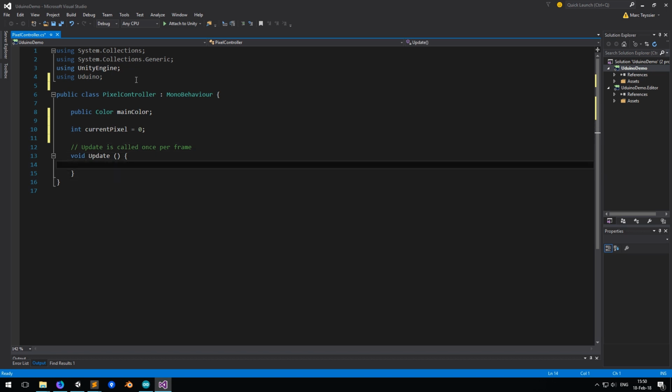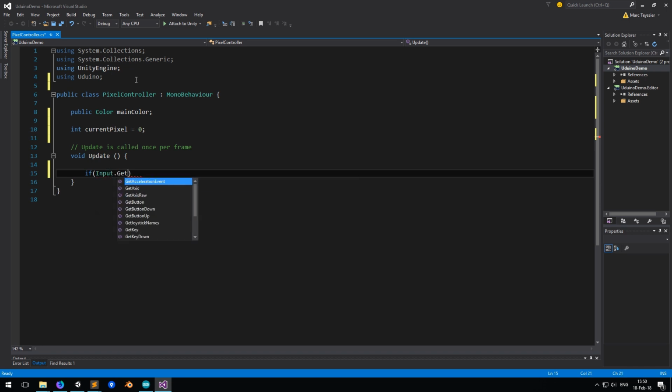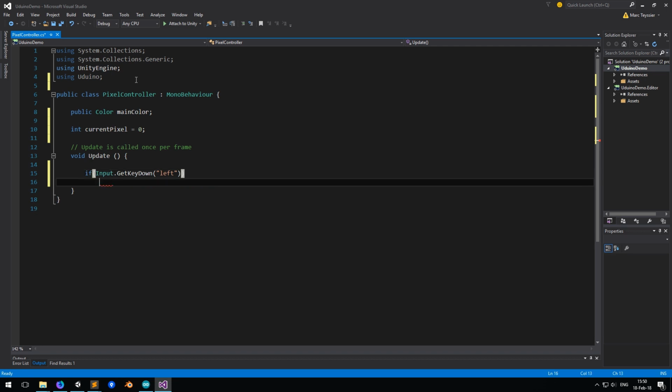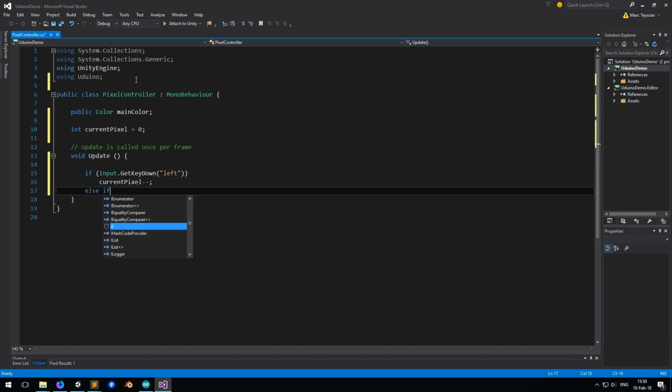Now in the update loop, we can catch the keyboard events. If Input.GetKeyDown left, then we are going to decrement currentPixel. And if Input.GetKeyDown right, we increment currentPixel.